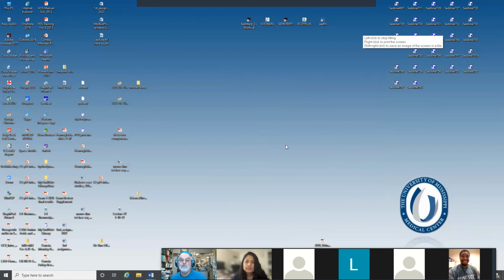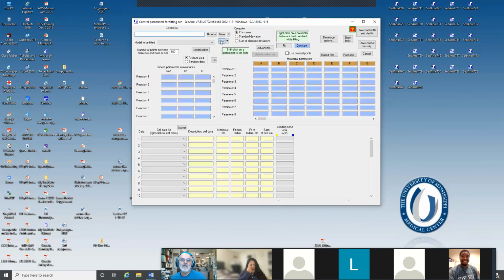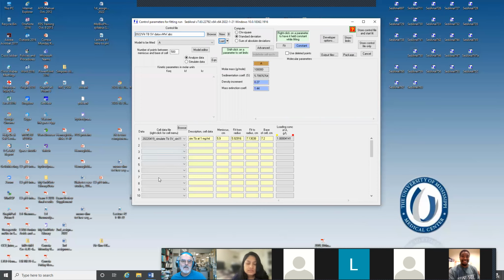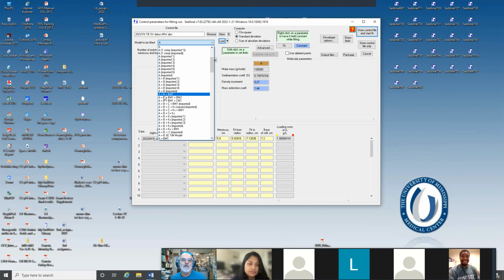Experimentally, I would collect multiple samples at multiple concentrations, and then I would fit multiple samples. Notice I have other data slots here. So I would do multiple concentrations because what I want to know is, is there a concentration dependence? And then I could try to fit the real data to association, the real data for non-ideality. My models allow me to have virial coefficients, allow me to have other components, allow me to do association